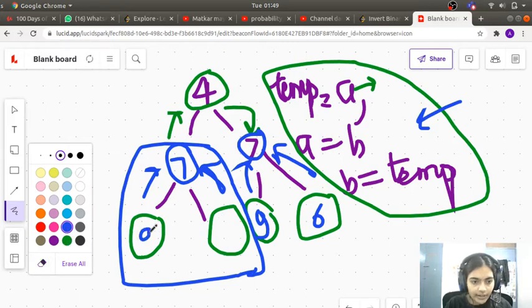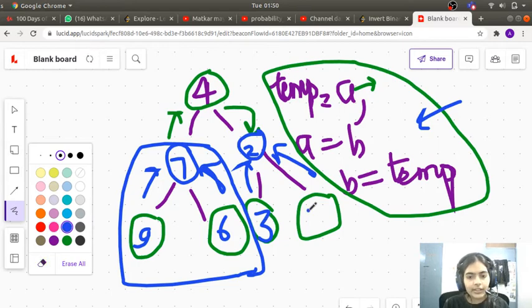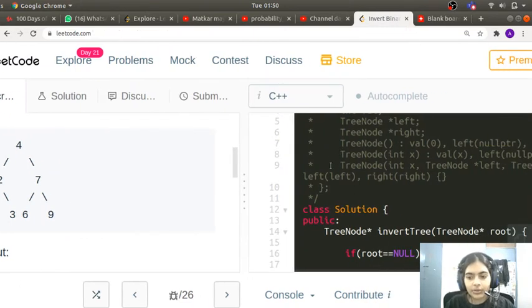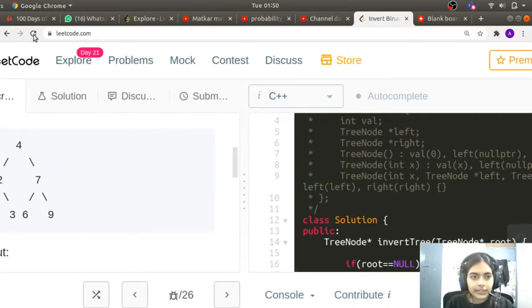So I will write that, and then this will be 2 and 3 and 1, so I will write that. So we have 2, and it will bring its children also. It's like the whole family shifting. So that is what it is, and then the function calls will end, and once these function calls end we can return back the root finally. So this is the logic of our code, and let's start writing the code freshly.